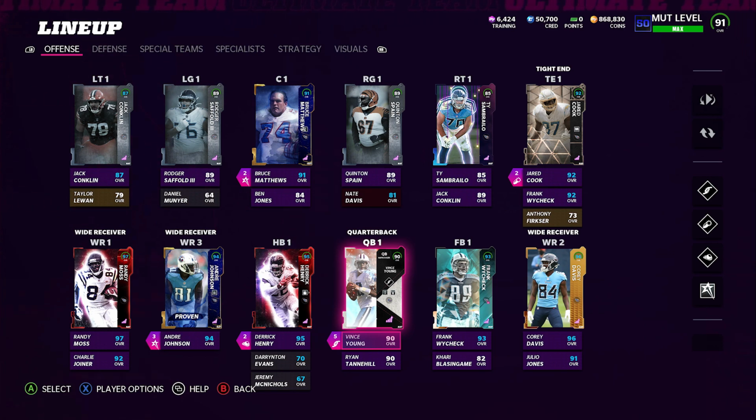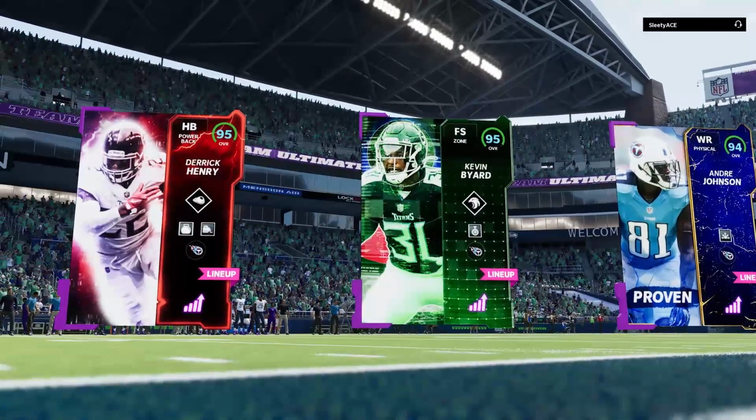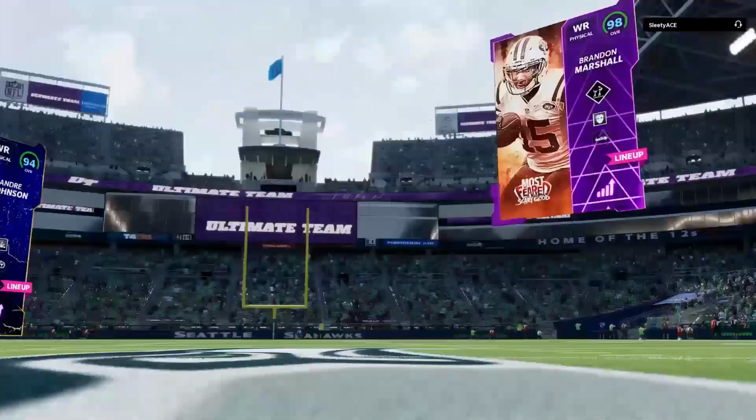I do apologize for this going out a little bit later than usual. But with that being said, let's go ahead and test out power forward Randy Moss and power forward. Alright guys, hopping into this one, that's our top three actually, Derrick Henry, Kevin Byard, and Andre Johnson. We're taking on